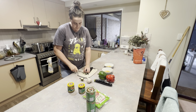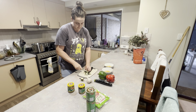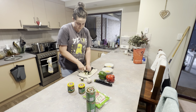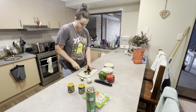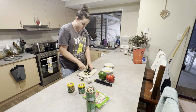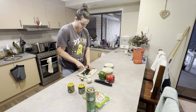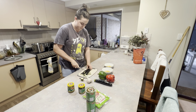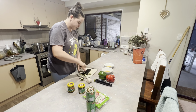But look, these things happen, and I still really wanted to make the chicken drumstick curry. So I went ahead and bought 2 kilos of drumsticks from Woolworths, so I could still do this recipe. So I popped them in the slow cooker, and all I put in was a little bit